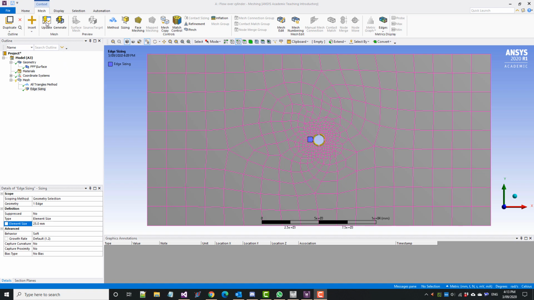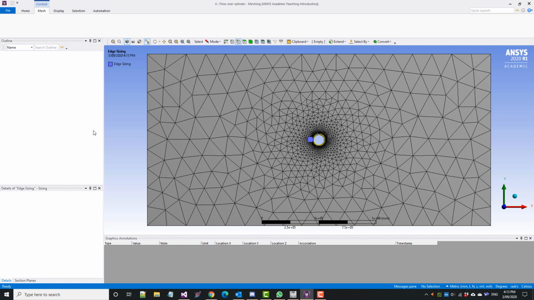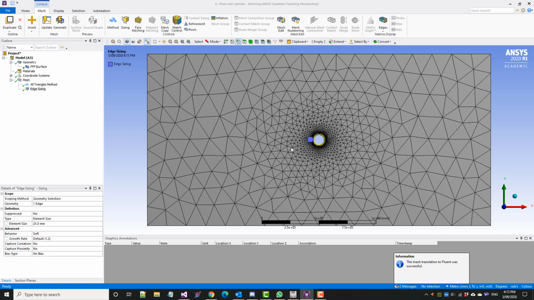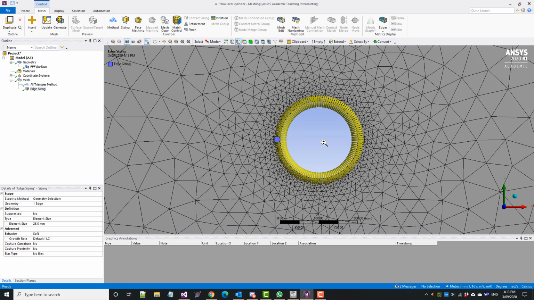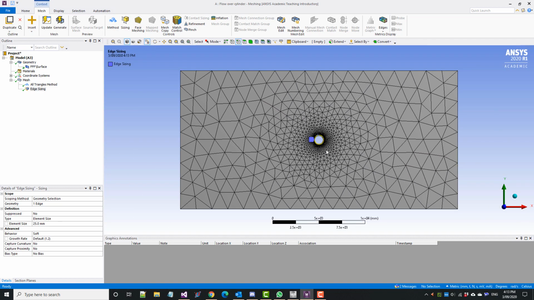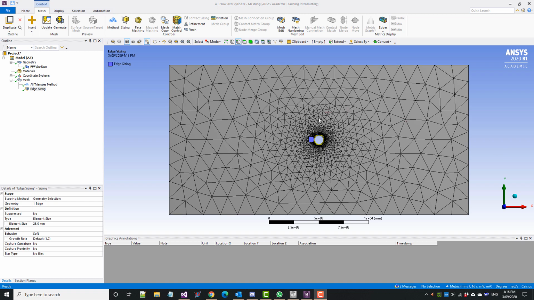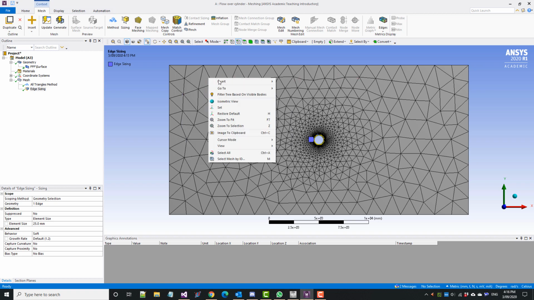We are going to right-click and generate mesh so that you can see now we have a much more refined mesh around the cylinder. However, the mesh is not really uniform, and for the von Karman effect, it is better if our elements are actually uniform around the cylinder. So what we are going to do is add more elements in. Right-click, Insert Inflation,